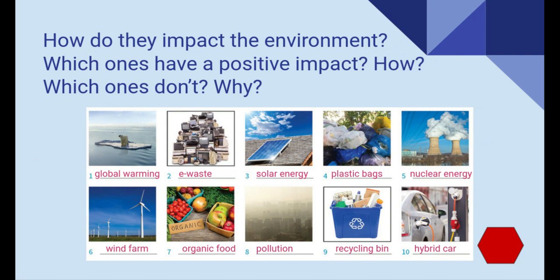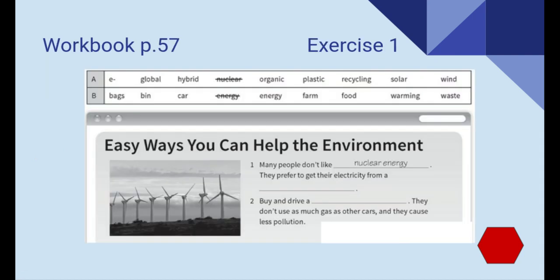Okay, guys, let's continue. I want you to go to workbook page 57. Let's go to exercise 1. Here, we're going to complete the easy ways you can help the environment using the words that we have in the box. So if we see, we have the first part of the words and then the second part. So we have many people don't like nuclear energy. They prefer to get their electricity from a,